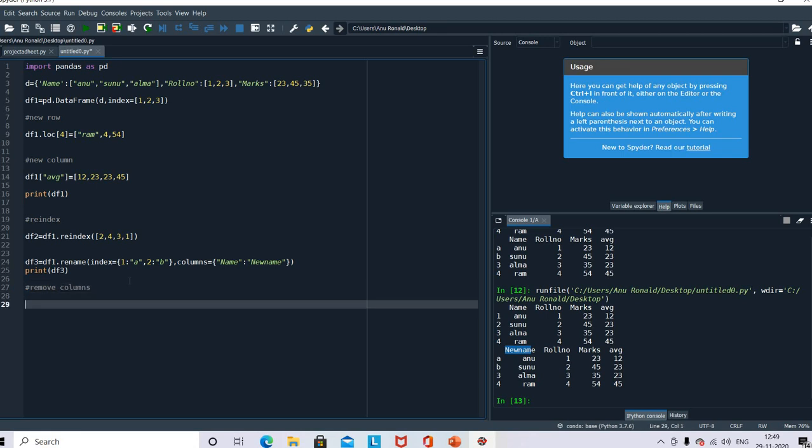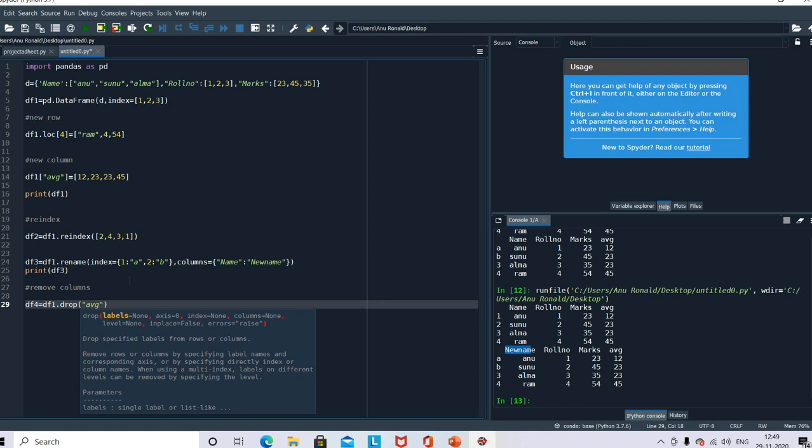For that, writing df4 equal to df1 dot drop of the value that I want to remove. So we created average. So I just want to remove that particular column, comma, axis equal to 1.